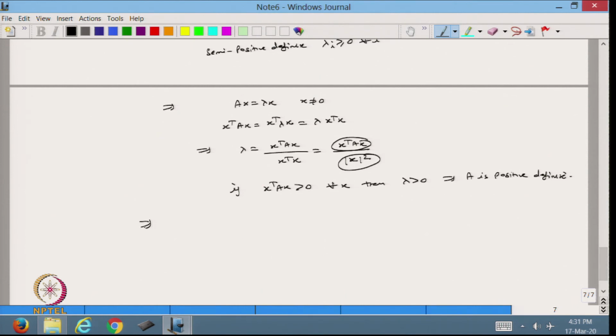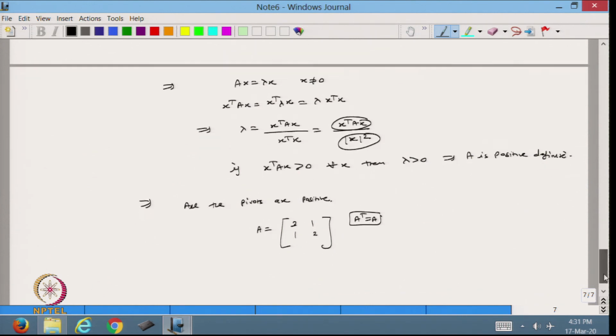The other way to find out that A is positive definite is that all the pivots are positive. So, what are the pivots? Like I have a matrix A, and suppose I take the matrix maybe 3, 2, 1, 1. So, this is a symmetric matrix, A transpose equal to A.